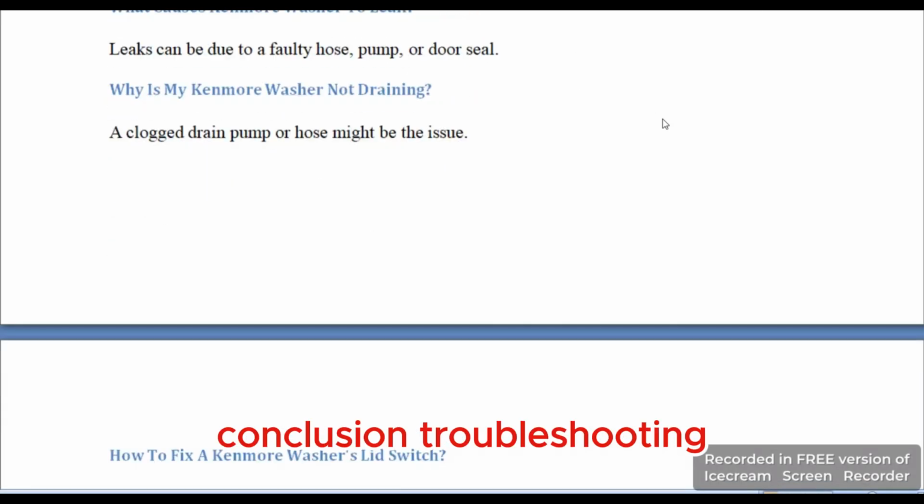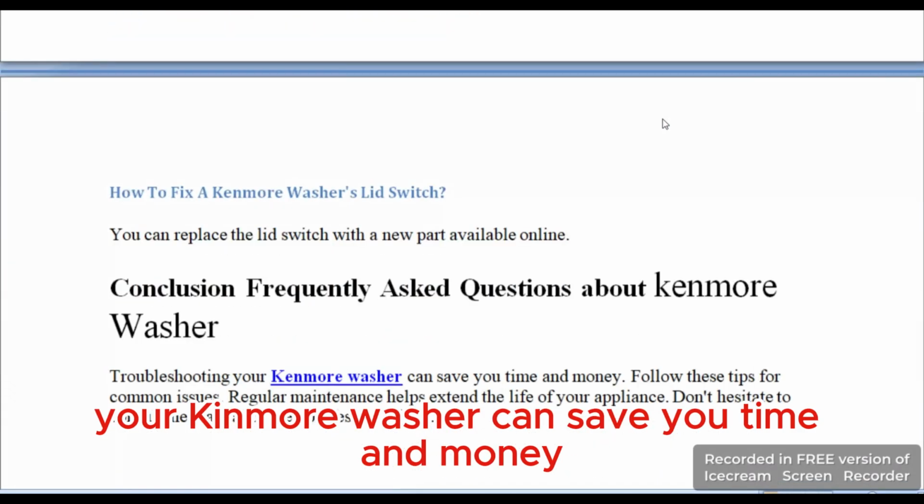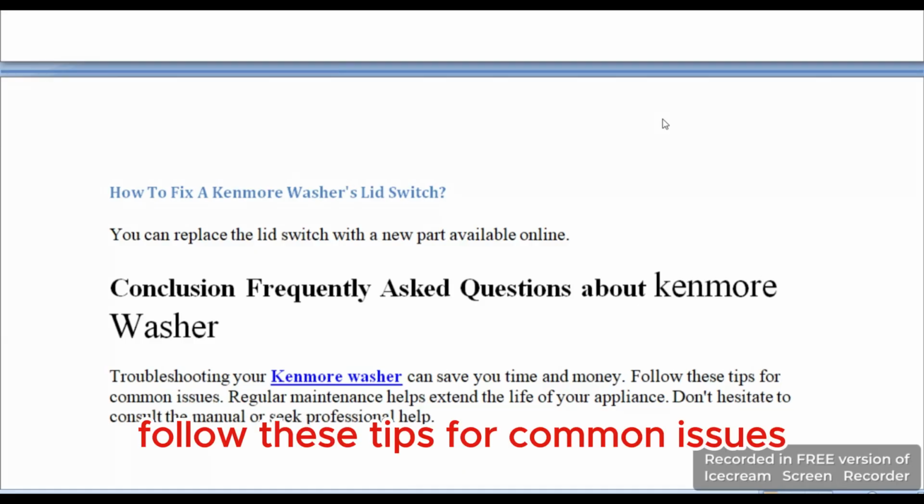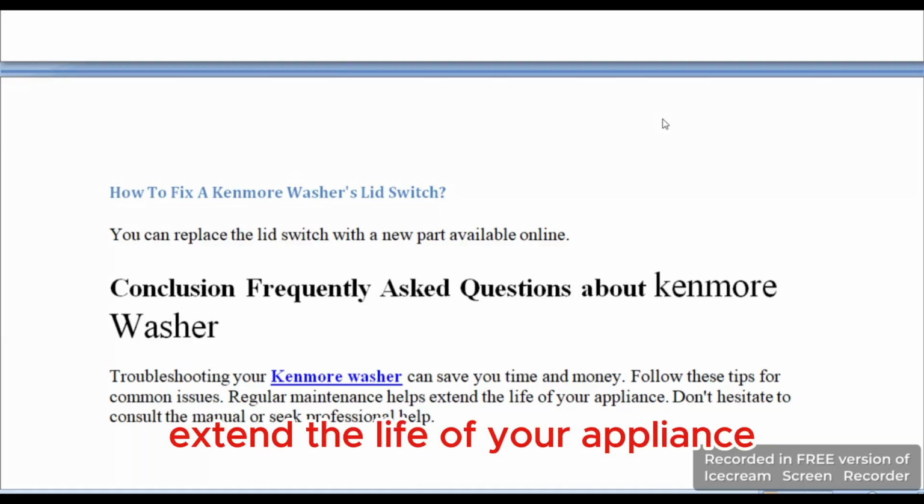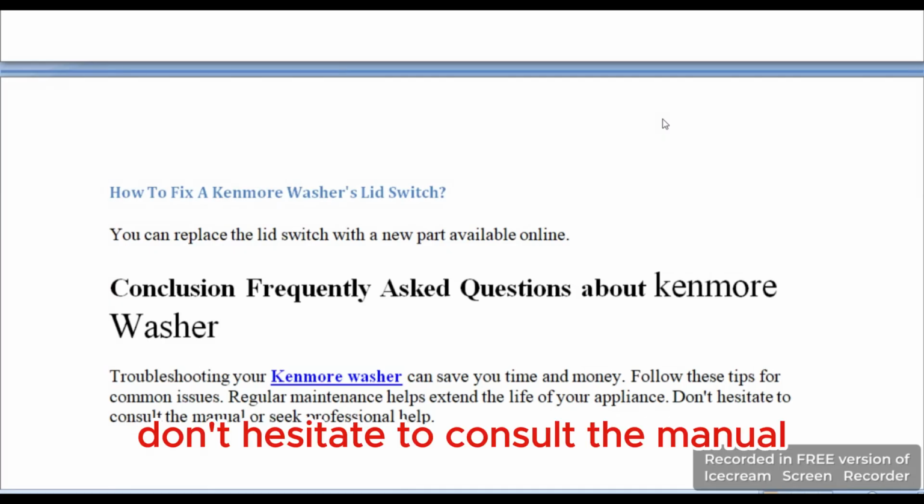Conclusion: troubleshooting your Kenmore washer can save you time and money. Follow these tips for common issues. Regular maintenance helps extend the life of your appliance. Don't hesitate to consult the manual or seek